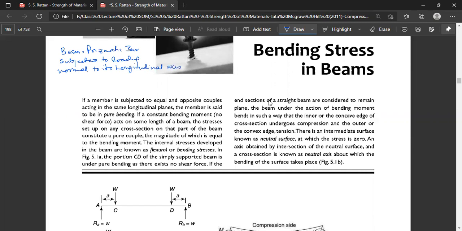Now, if a beam is subjected to equal and opposite couples acting in the same longitudinal plane, the member is